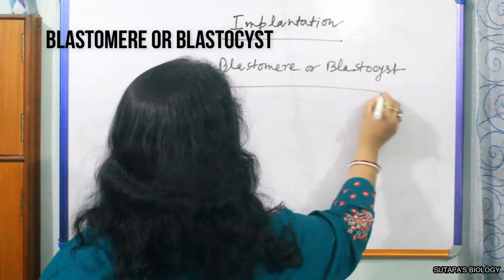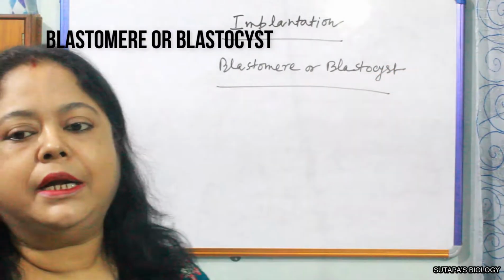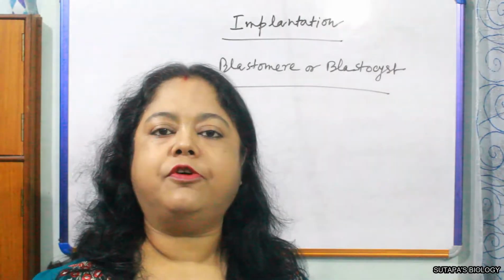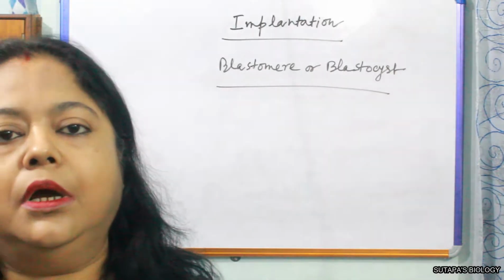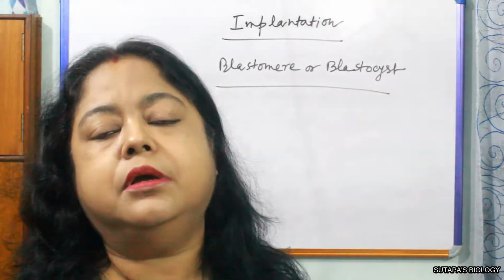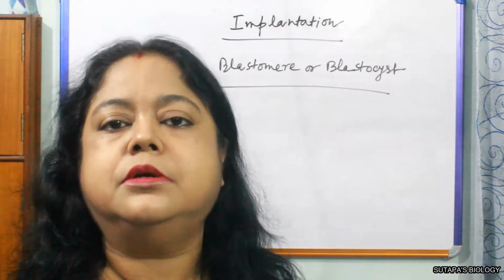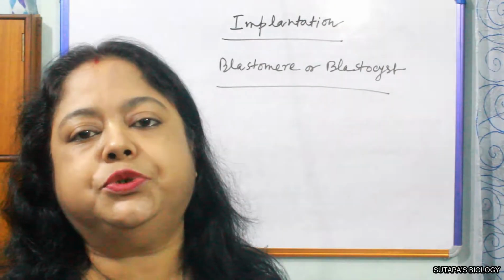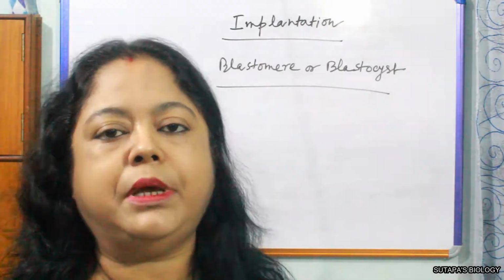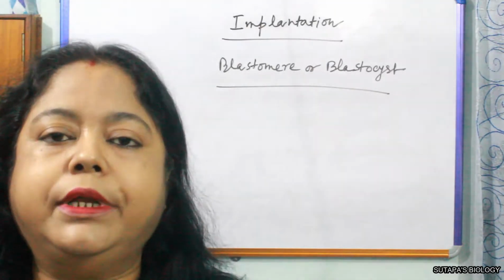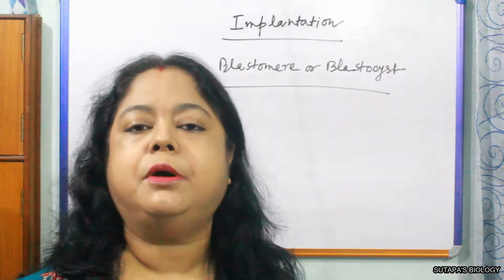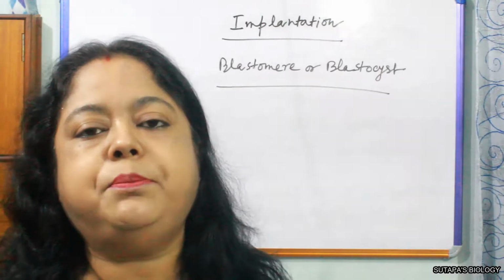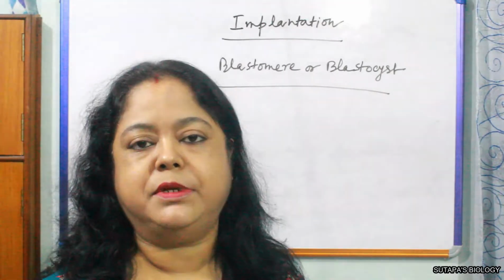It should be implanted in the endometrium, but it's formed inside the fallopian tube. Now sometimes it can be misplaced or misimplanted in the fallopian tube also, which will harm both the baby and the mother. And how can it take place? What's the problem, or why does this type of mistake take place?